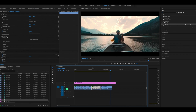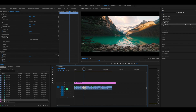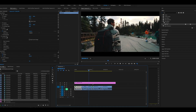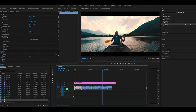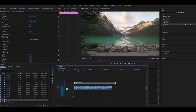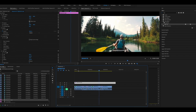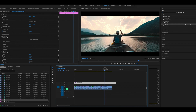And now we've taken footage that looks potentially slightly amateur or even home video-ish, and we've really taken it to the next level. And you can see how just with some basic adjustments with color and using LUTs, we can create something that looks a lot more cinematic and professional. Let's go back to the beginning, and I'll flip on and off the adjustment layer as it plays so you guys can see a difference. I mean, that's incredible. And this could be your iPhone footage, this can be your DSLR footage, this can be your GoPro